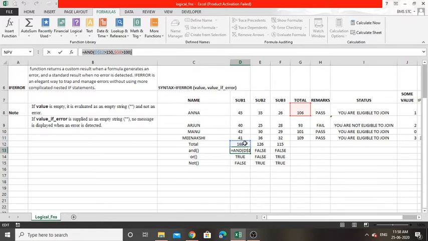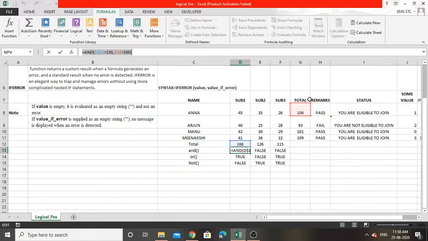The first total, the blue shaded total, will check whether the total mark is greater than 150 or not, and this total mark will check whether it is greater than 100 or not.